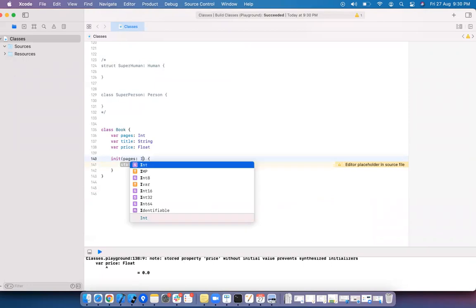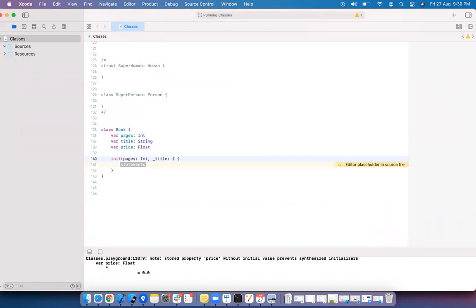Pages is an integer, and underscore title, it is a string, underscore price, it is double or float.